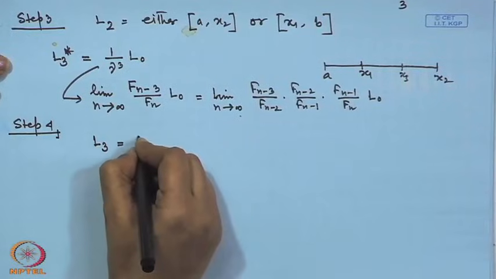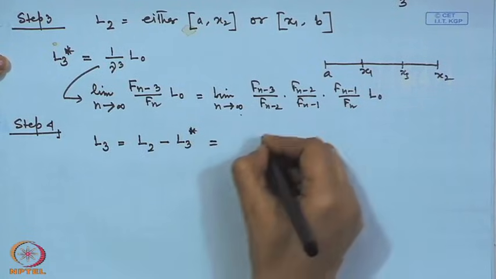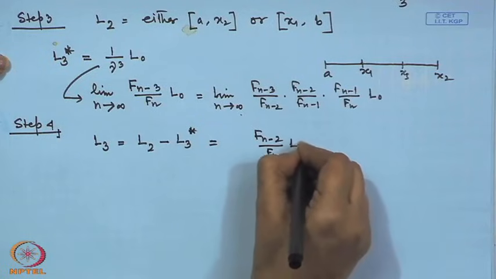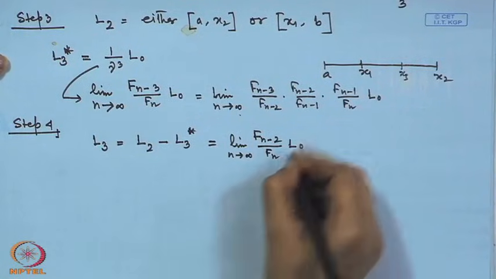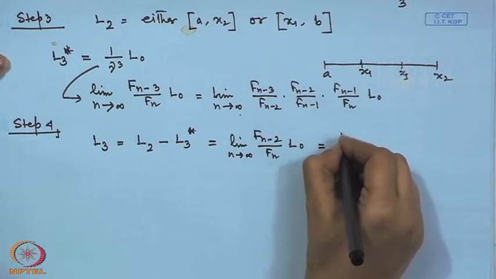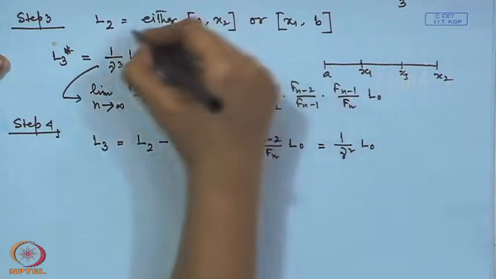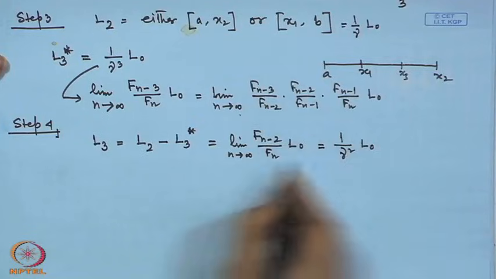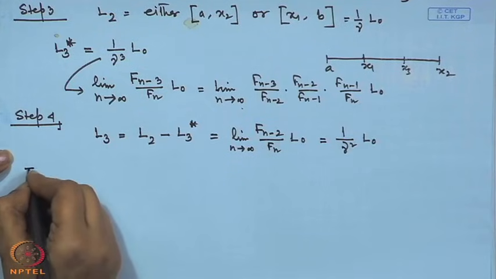What is the value of L3? Value of L3 would be equal to L2 minus L3 star, rather this would be equal to fn minus 2 divided by fn L0, limit n tending to infinity, if we consider this way, and that would be equal to 1 by gamma square L0. In the previous case L2 was equal to 1 by gamma L0. L3 is getting 1 by gamma square L0. That is why in general we can say that